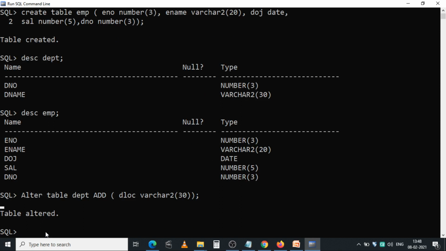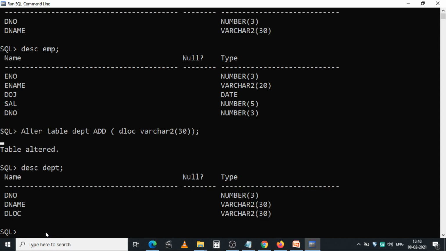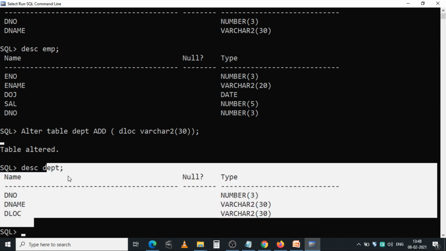Table altered. After that, check the structure of the table again: DESC DEPT, table name DEPT. Just see this. Actually there were already two columns. Now the DLOCATION column has been added to this department structure.